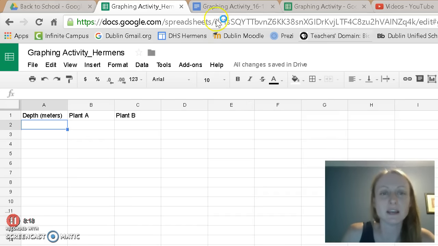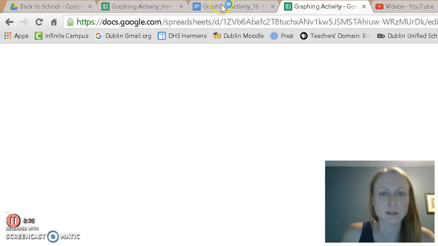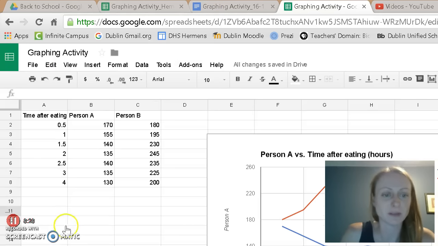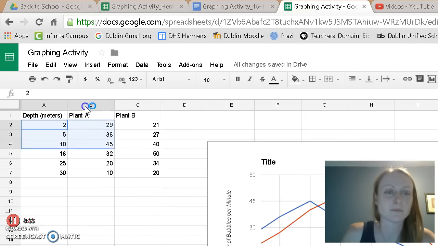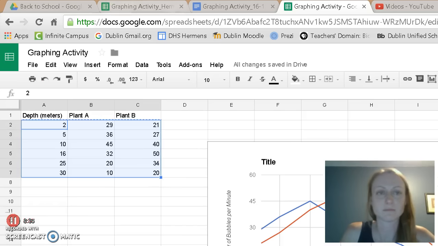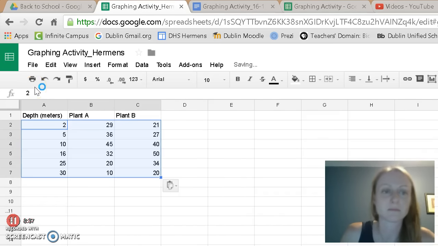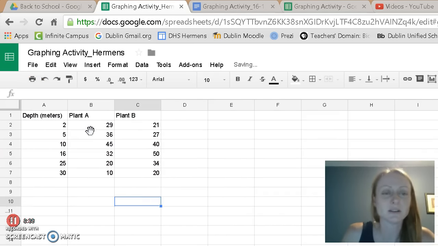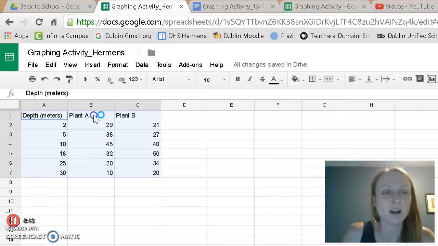And then below that is where I'll type in the data for each one. Now I've already done that on another graph, so I'm just going to copy and paste it over, but all you would do is type in your data below that. Okay? So here's the data, and I'm going to do the same thing after it's typed in. I'm going to highlight all of it,